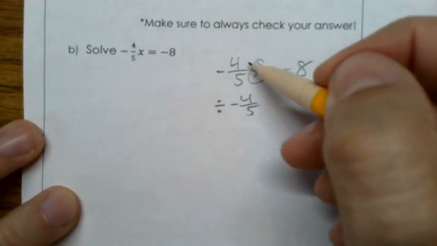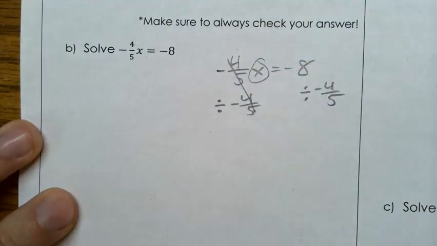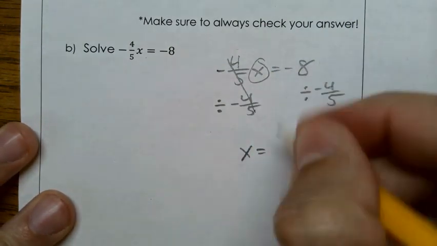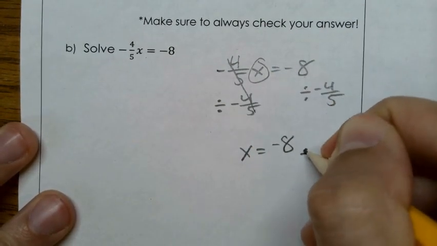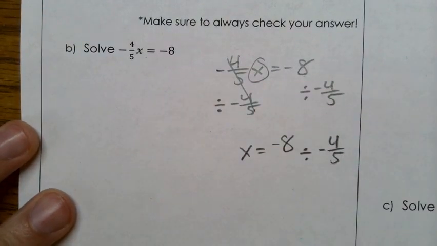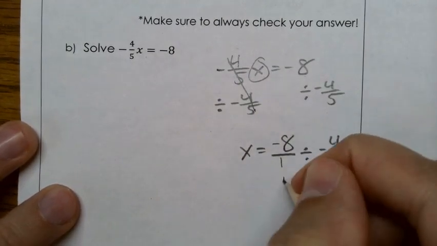Okay, so multiplying by -4/5 and dividing by -4/5 undo each other. So those cancel out, I'm left with just an x. Now I have this -8 divided by -4/5. Now we have to remember how to divide by fractions. So make sure you put all whole numbers over 1, and then we do keep